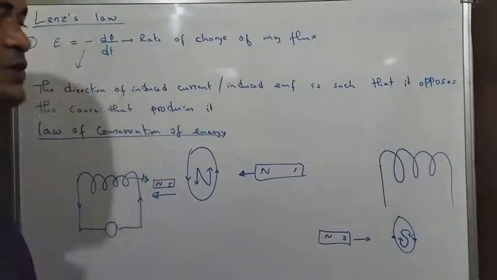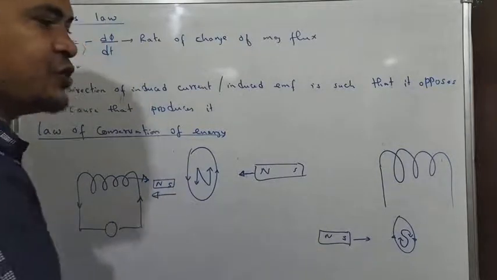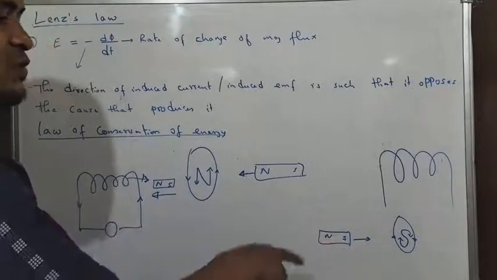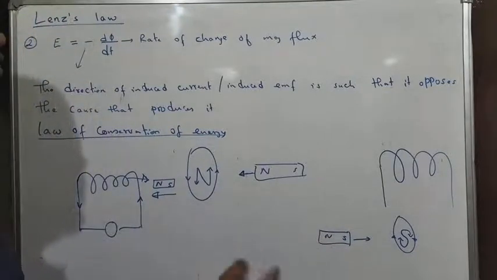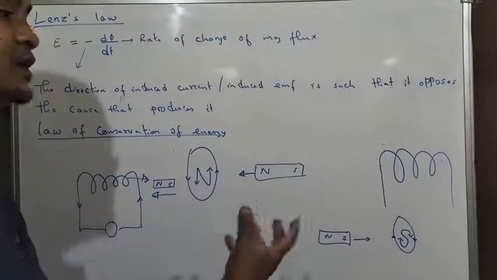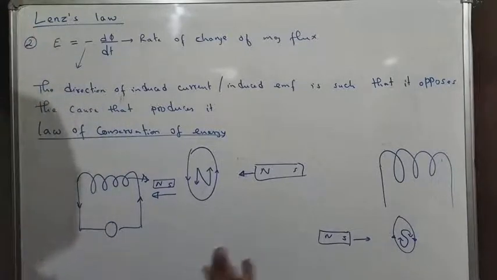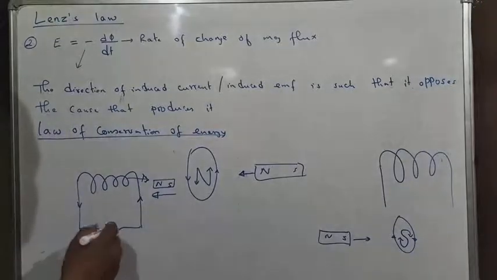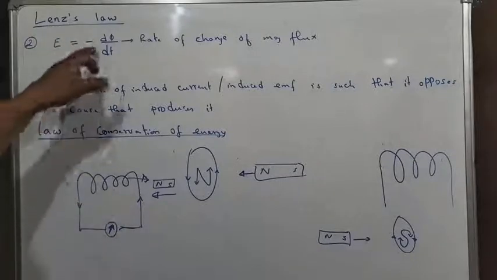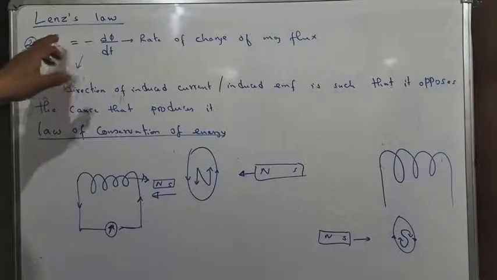Because of the opposition, I need to spend energy to overcome that opposition. But this mechanical energy which you spend will be converted into electrical energy, and that electrical energy will appear in the coil, which means you can read that current from the galvanometer. All right, so this is about Lenz's law, which tells about the negative sign in this equation of Michael Faraday's second